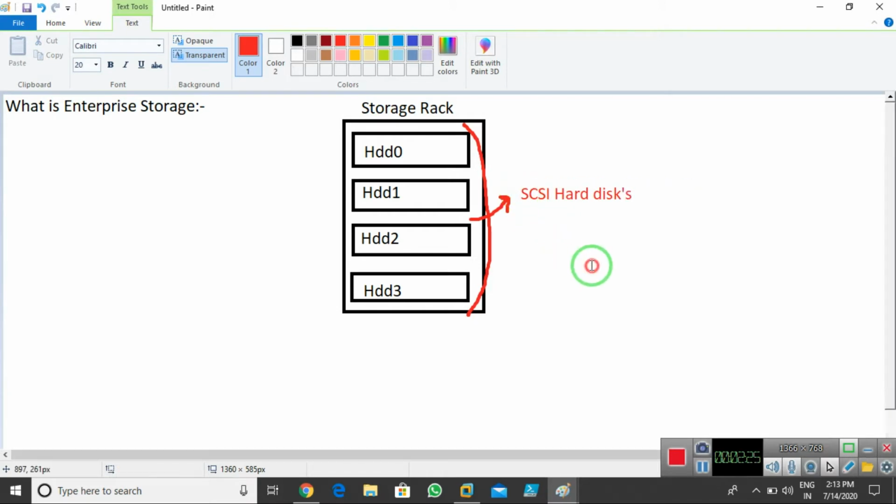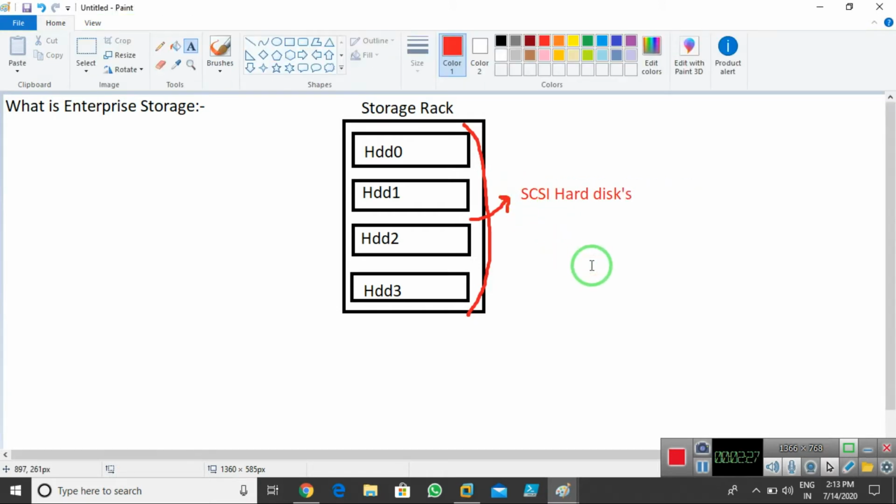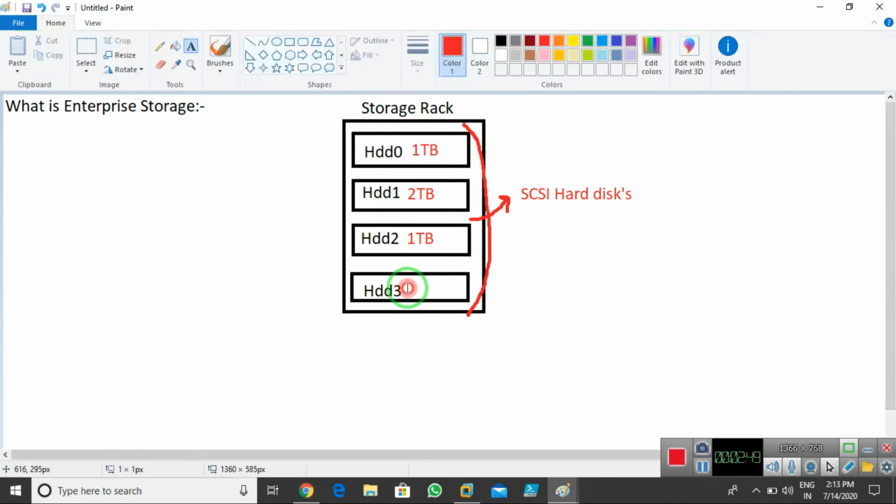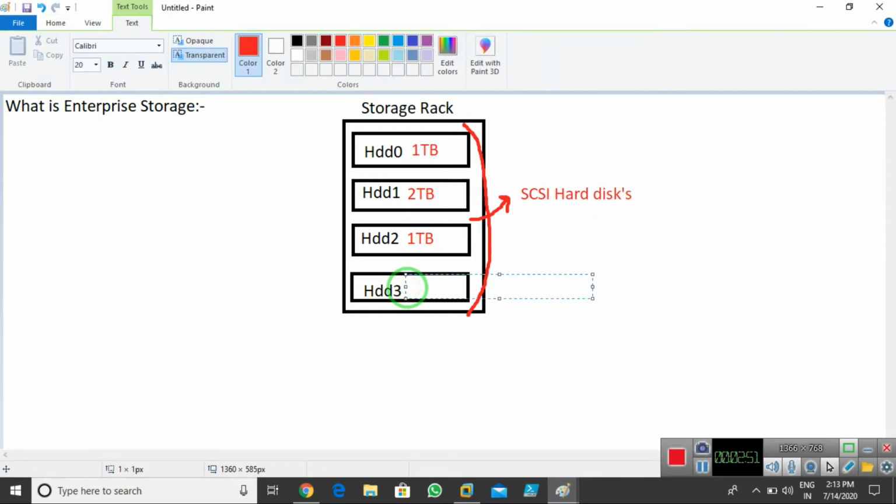Now every hard disk has a different space capacity. This is my 1 TB hard disk. Disk 1 I have 2 TB. Disk 2 I have 1 TB again, and disk 3 also I have 2 TB.